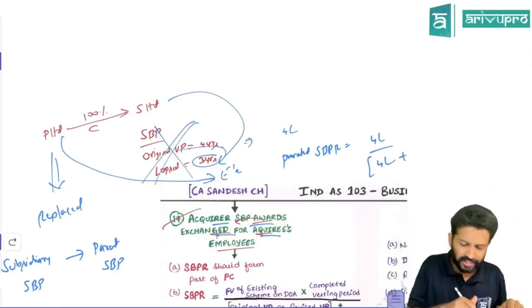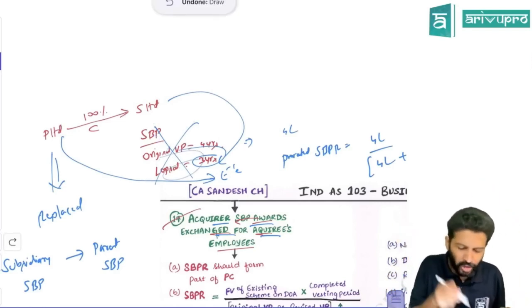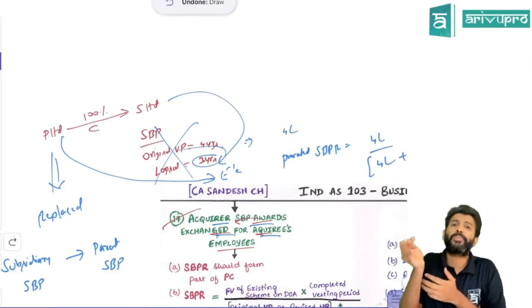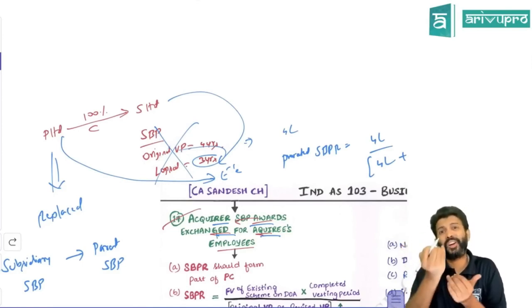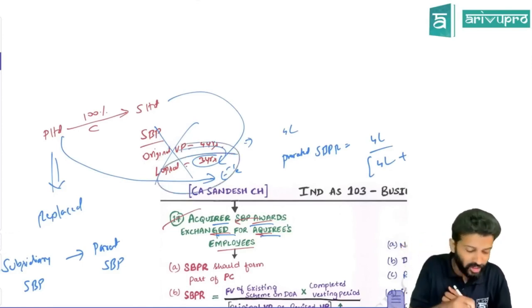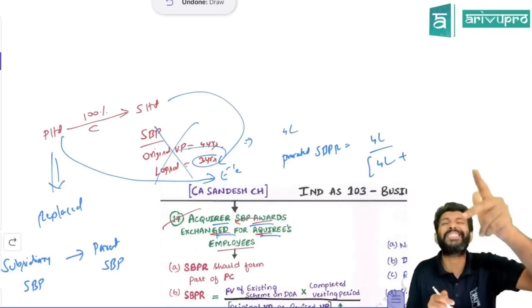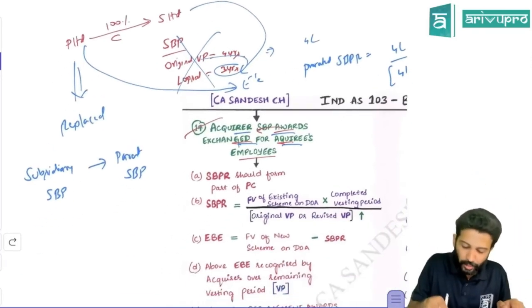So if they don't replace this plan, then the employees will buy shares of S Limited. If employees buy the shares of S Limited, the parent's control will get reduced. These employees will be called by the parent as NCI. Okay. So if there is a non-replacement award, the